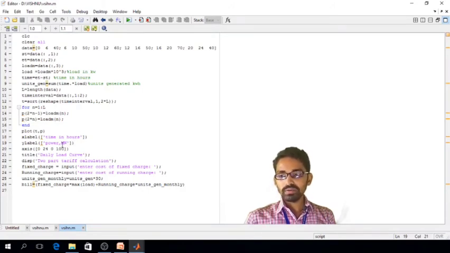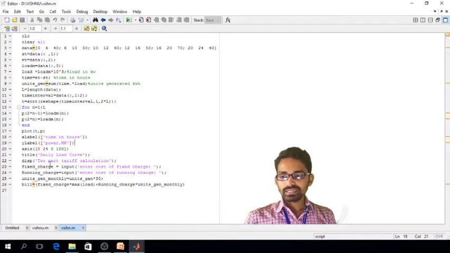I have given the labels, and the axis is 0 to 24 on the x-axis and 0 to 100 on the y-axis. The title of the graph is load duration curve, or daily load curve you can consider.